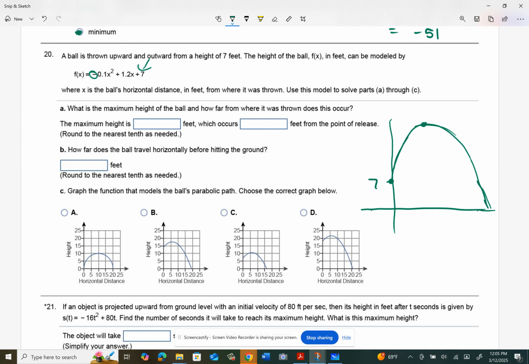So to get the vertex for this point right here, I'm going to have to do the negative b over 2a. So I'm going to do negative 1.2 over 2 times negative 0.1. Negative, opposite of the b value, over 2 times the a value. Okay, so that would be,